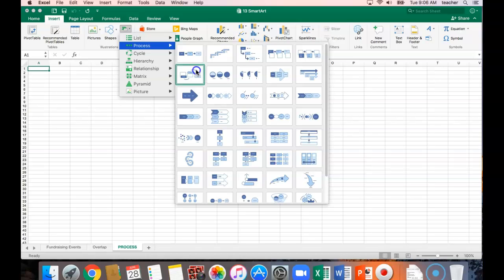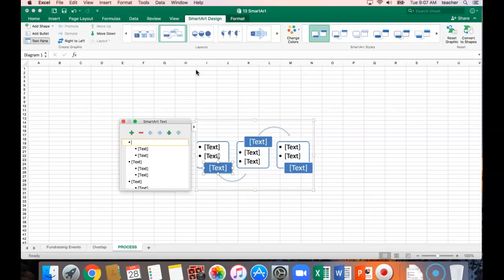When you click that, it's going to put it in the middle of your screen, and if you remember this text over here, this is where we will type our information